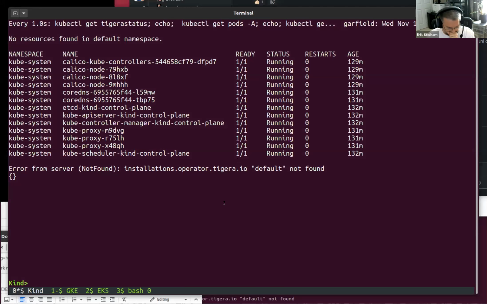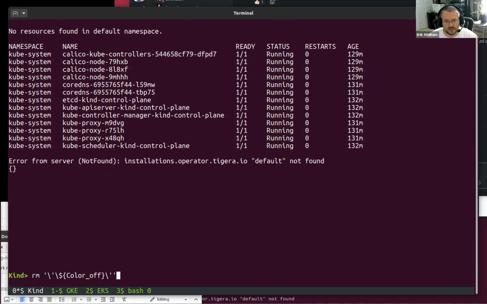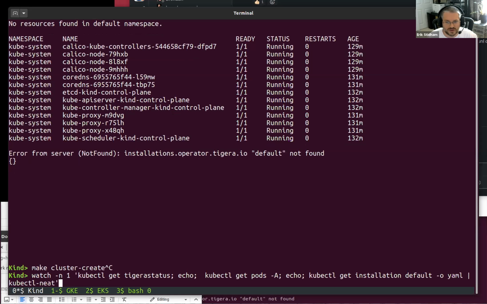So I have 3 different clusters. The first one we're going to look at is a kind cluster. If you're familiar with the operator code and the utilities in there, we have a kind cluster that you can create with cluster create, I think. Something like that. Yeah, cluster create. Now, granted, I have made a few tweaks, so it's not exactly going to work if you want to try this yourself.